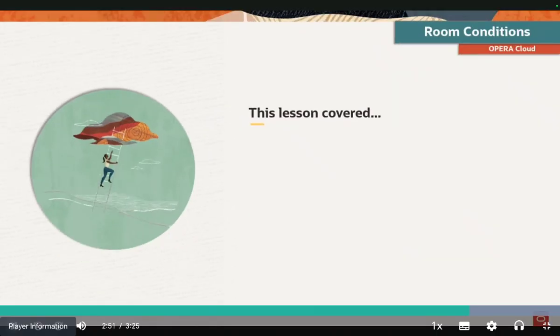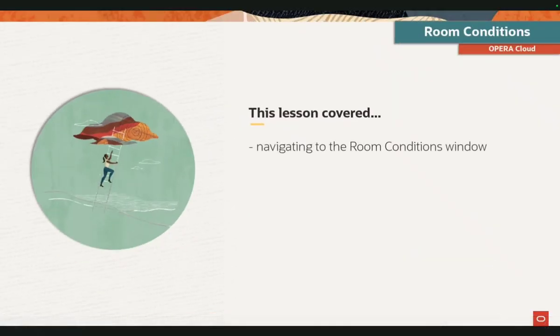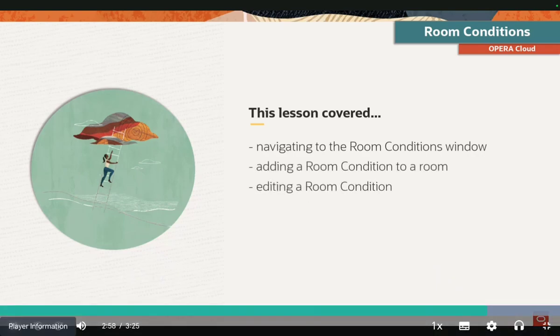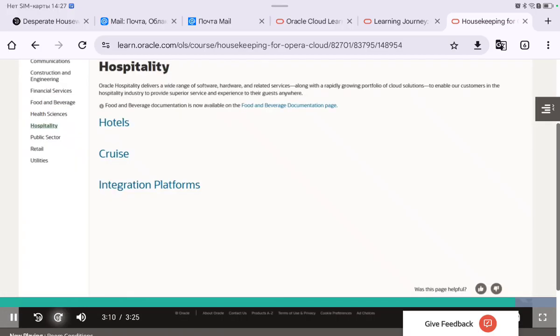This lesson covered navigating to the room conditions window, adding a room condition to a room, editing a room condition, and generating the room condition report. The Oracle Hospitality